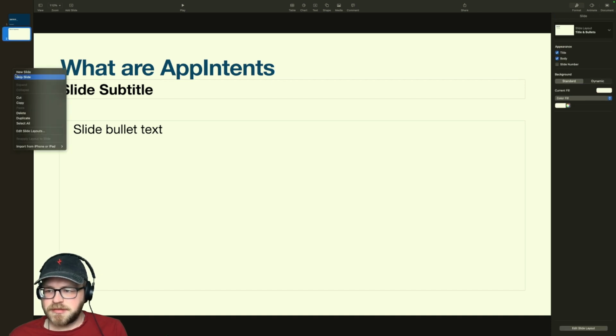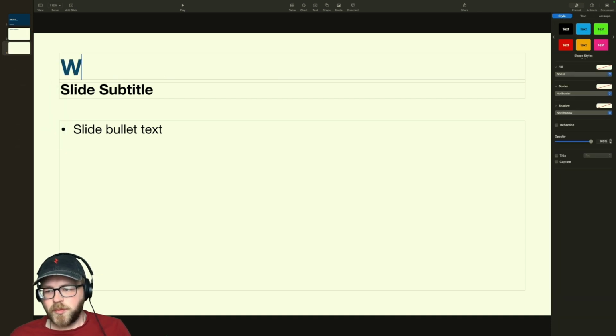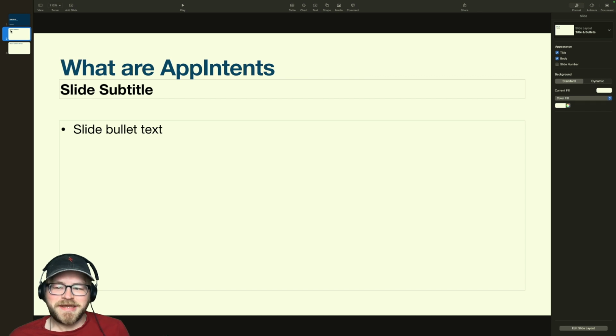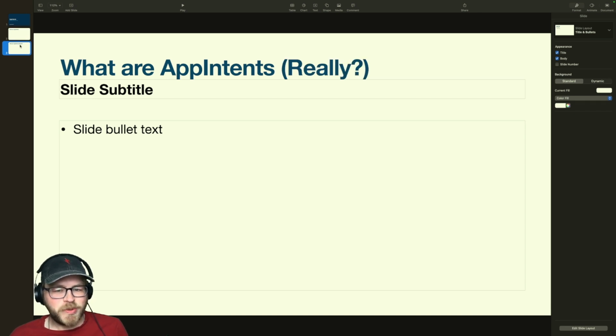What are App Intents really? This is going to get into, oh, they're the shortcuts thing. But what are App Intents really? This is also like, what else are you going to be able to do with them?